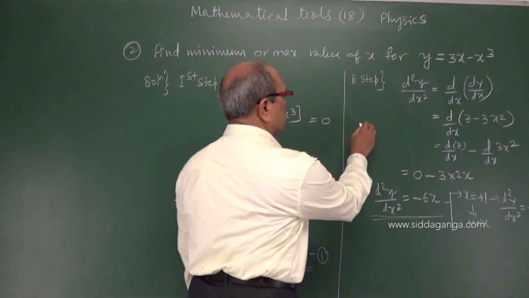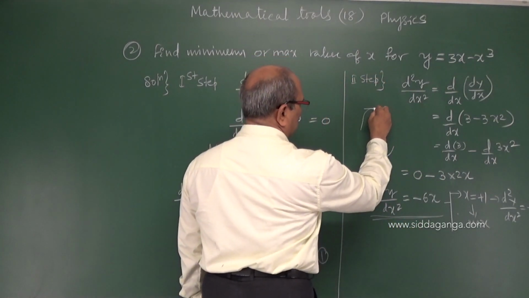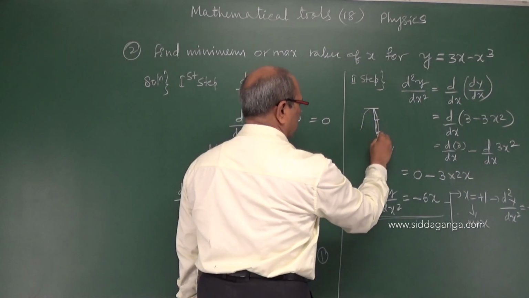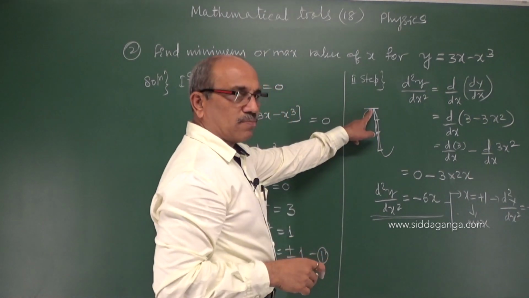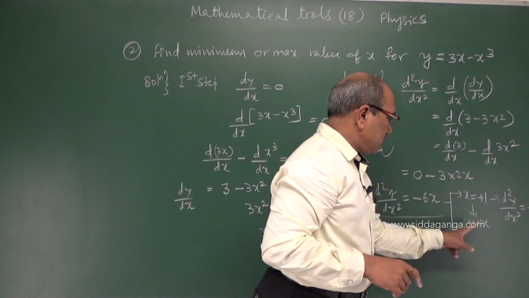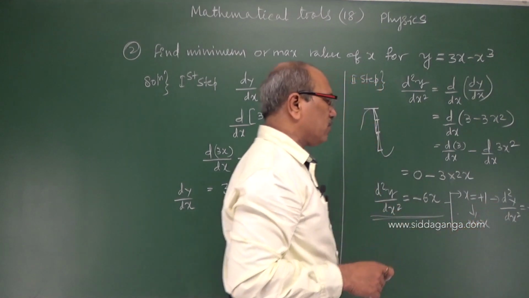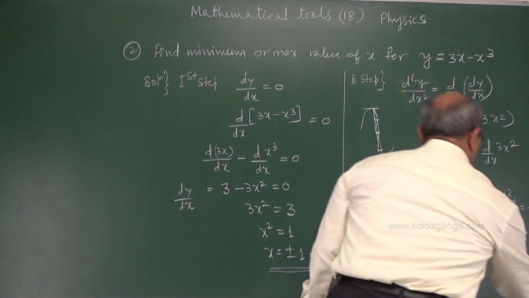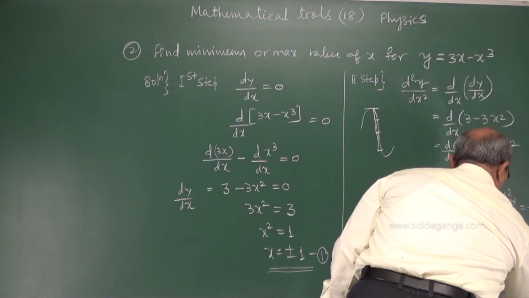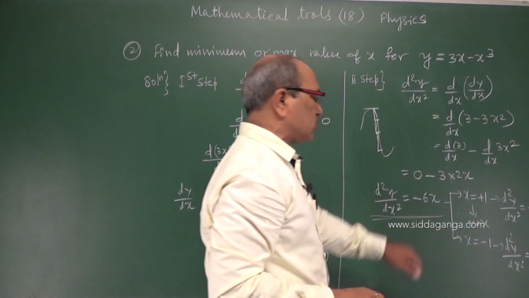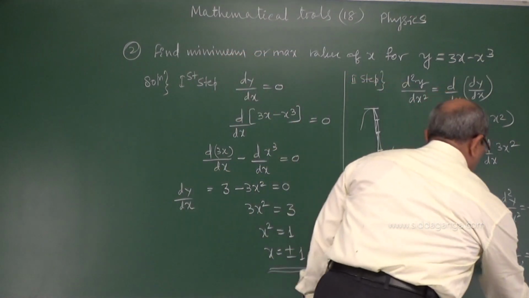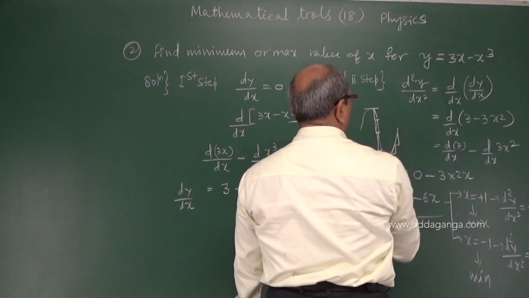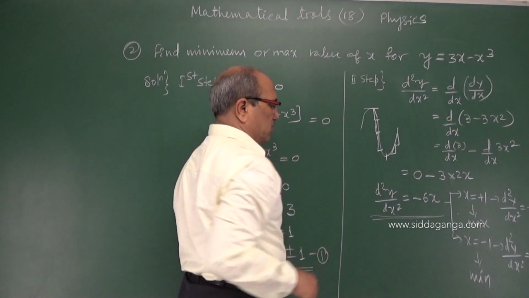Because you know, in the case of the graph I showed you, if the slope is coming negative, then we say it is a maxima point. So therefore, minus 6, x is equal to plus 1, we get maxima. If I put x is equal to minus 1, then d square y by dx square is equal to plus 6, because minus of minus 1. So now this will be a minima point, because when it is moving like that, we have the slopes positive. It is a minima point.